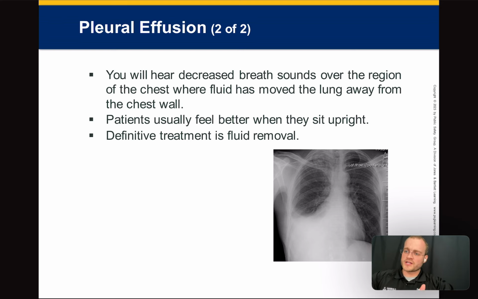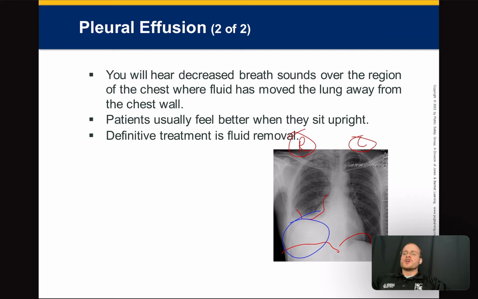So in this case, this is the patient's right. And again, you're not expected to read x-rays, but I thought this would be helpful, right? This is the patient's right, this is their left, okay? So on the patient's right side, this should not look like this, right? This should be the diaphragm. It should look like this side, right? And so what happens is right here is pleural effusion, right? So there's a bunch of fluid sitting down there. And in this case, it looks like pneumonia, like an interstitial pneumonia. And so it could be from a lot of different reasons, but pneumonia and heart failure are by far the most common,